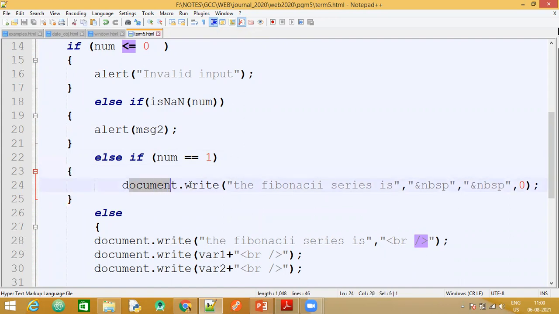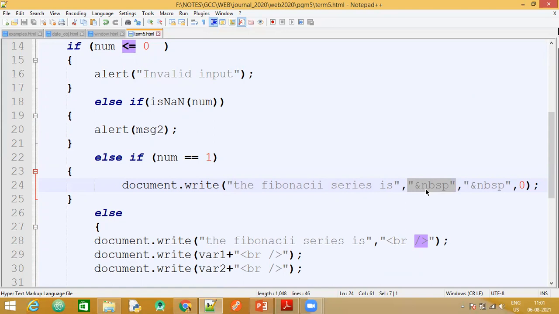So we are writing document.write, and the text "The Fibonacci series is" is written in double quotes, then a comma. Now what is this &nbsp;? This is a space or a tab, like you make use of \t for the tab width. So for a space, we'll make use of &nbsp; in double quotes.